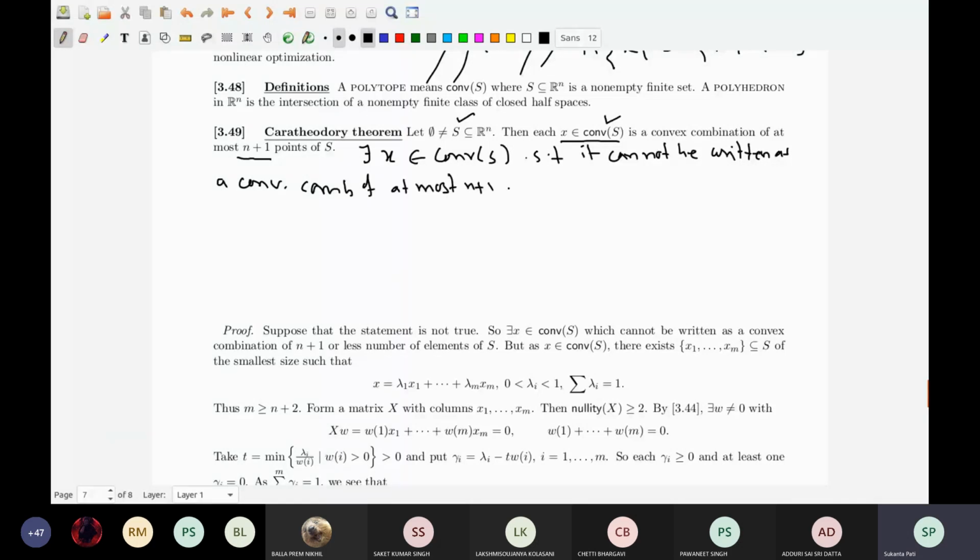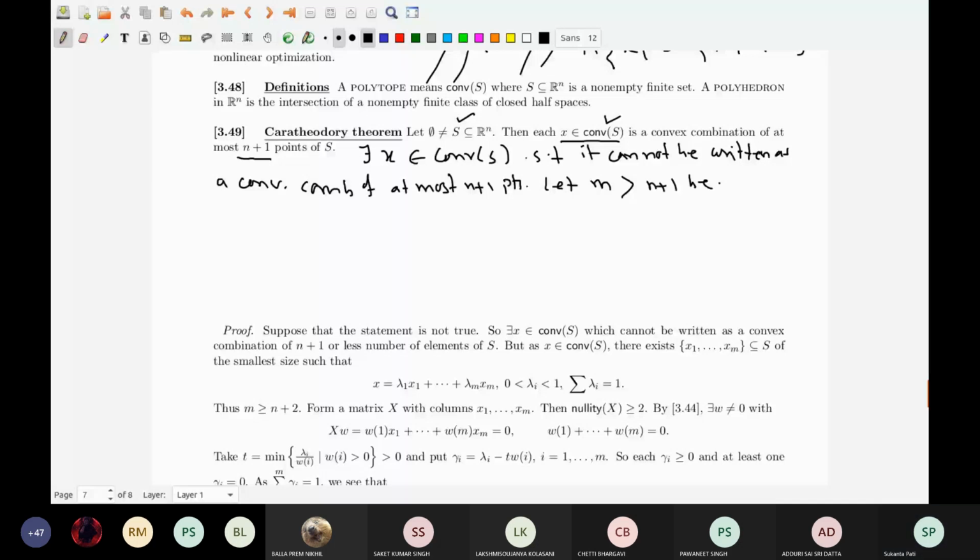And of course it belongs to the convex hull. This means it can be written as a convex combination of some many points. So let m, which is bigger than n+1, be the smallest number